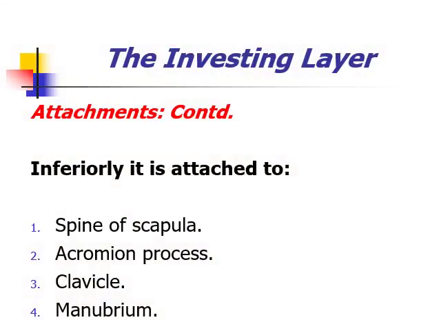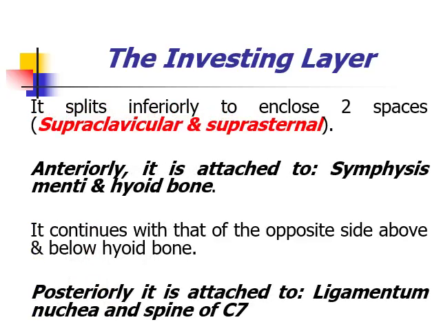Inferiorly, this investing cervical fascia is attached to the spine of the scapula, the acromion, the clavicle, along with the uppermost part of the sternum. As the investing cervical layer of fascia goes downward, it splits to enclose 2 other spaces, a space called supraclavicular